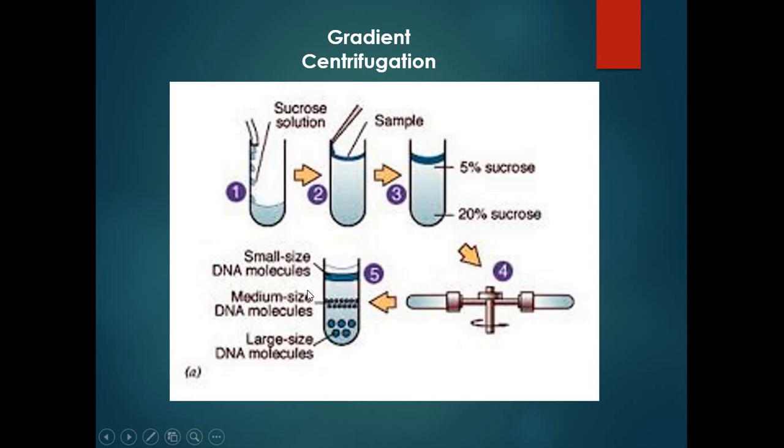Small DNA molecules go upward, large DNA molecules go to the bottom, and medium ones stay in the center. You can see it here in this depiction.